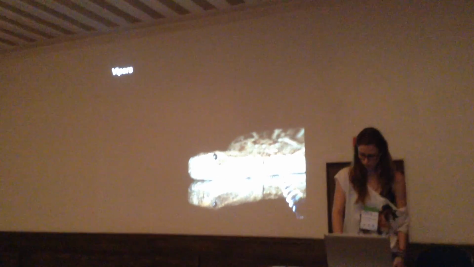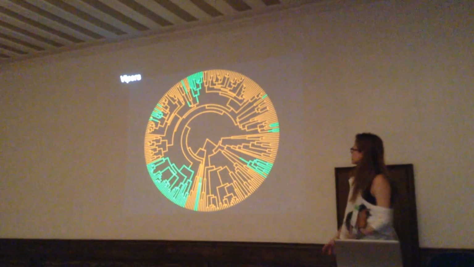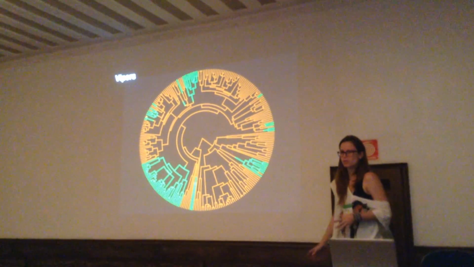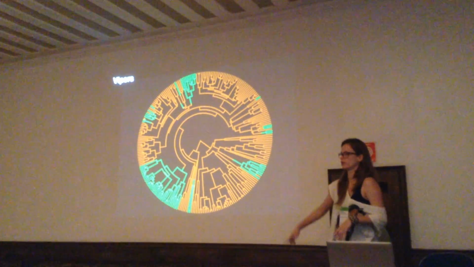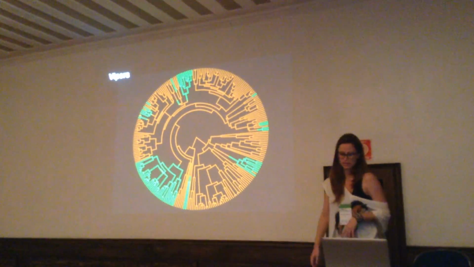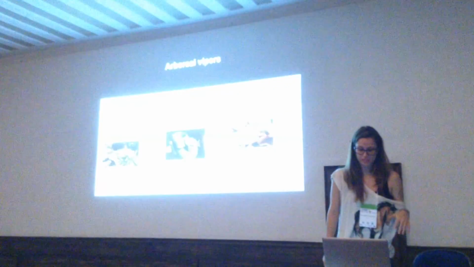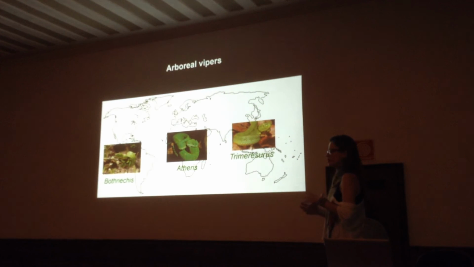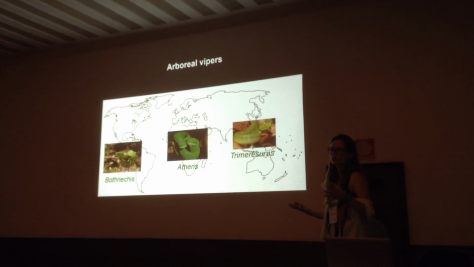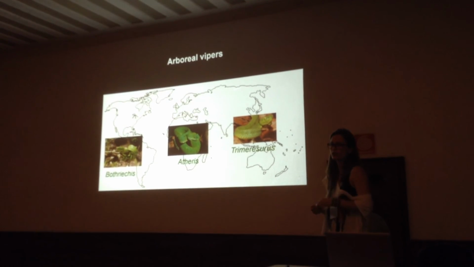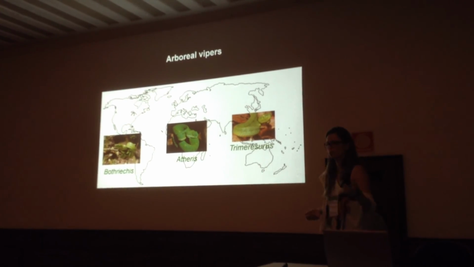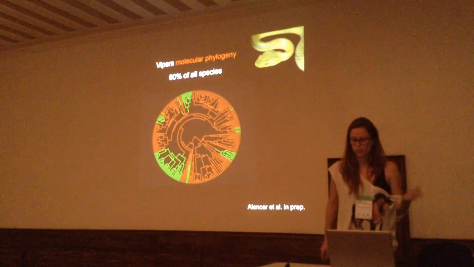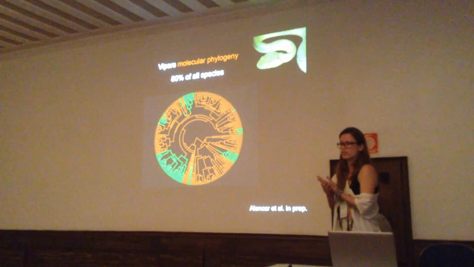Arboreality evolved multiple times among the group, as you can see through the green branches. We also have arboreal vipers distributed all around the world on different continents, not restricted to a certain region of the world. And we also have a molecular phylogeny